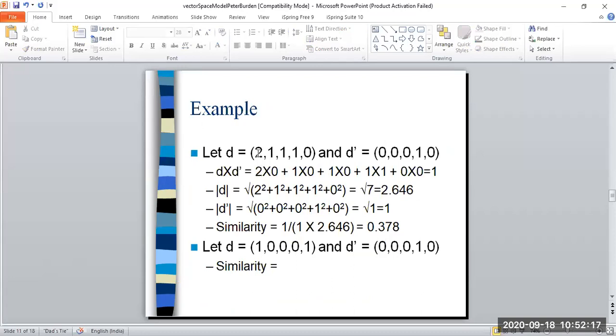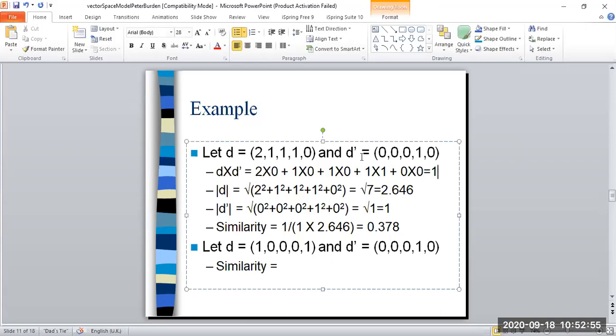Now this is the vector which we have achieved for document A, and this is the query. We are looking for the word dog, 00010, which we have achieved in the previous slide. So we are looking for the word dog in this document 211, a dog, whatever the sentence is. First we multiply these two vectors, d and d complement: 2 into 0, 2 into 0, 1 into 0, 1 into 0, 1 into 1, and 0 into 0. Ultimately, the output we get is 1.